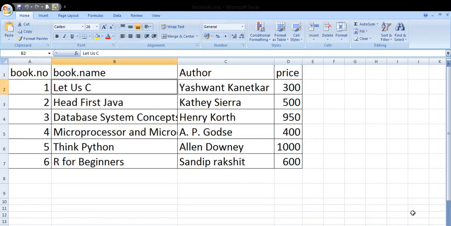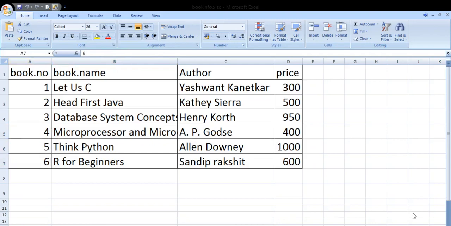Then here the values of book name columns are, let us see, Head First Java, or the names of different books are given here, and these book names consist of multiple words, but since these are not headers, these are simple column values, so there is no need to concatenate these multiple words. Only we need to concatenate the words that are in header names. So this is how our spreadsheet is now ready to be imported into the R environment.